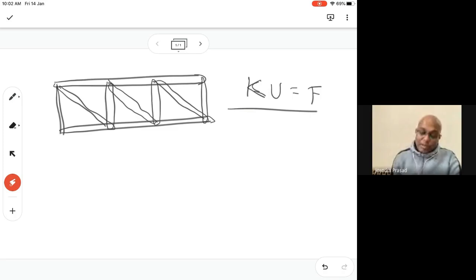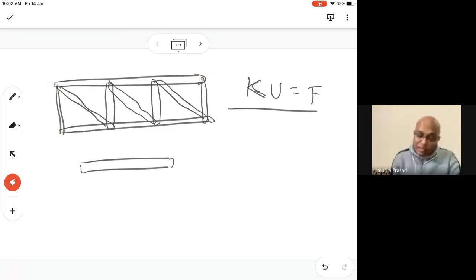Okay. Now, what happens when you have just one bar, right? A truss also consists of bars only, meaning that all the members can take only axial loads. Still, you can construct a truss in such a way that it can take any kind of load. It can also take bending. For example, you fix here, you apply a load here, it can also take bending.